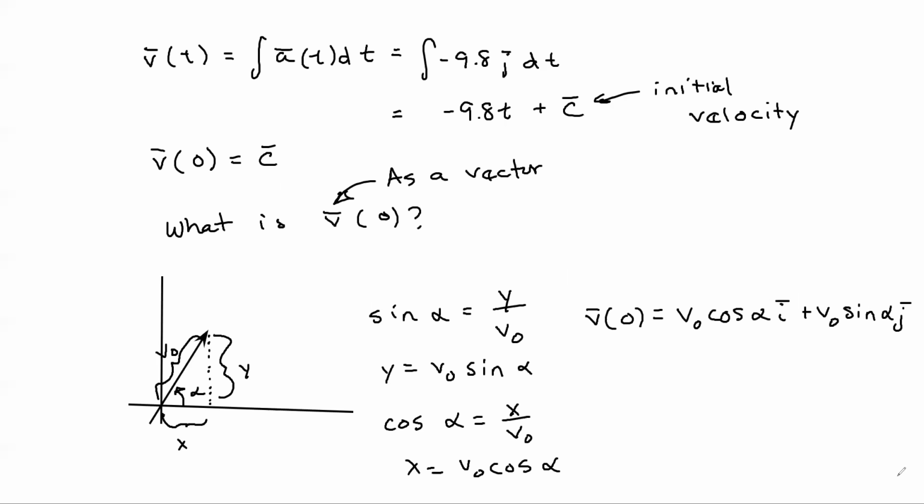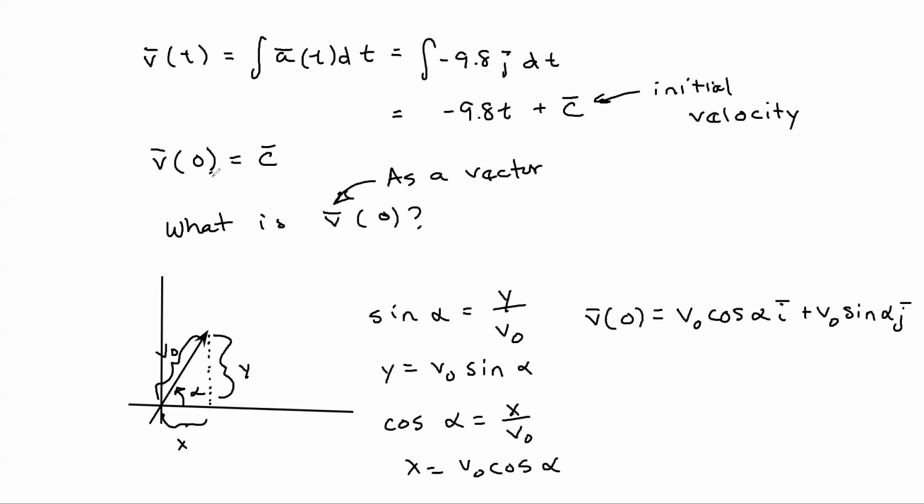Maybe we'll do that on the next page. So we finished up, we're at v naught equals c. And so v of 0 is equal to v naught cosine alpha i plus v naught sine alpha j, and that equals c, right? So all I've done is, we kind of got to this point. We said, oh, wait, what is v naught? Took a pause, figured that out, and now we're picking up here where we're just substituting v of 0 on